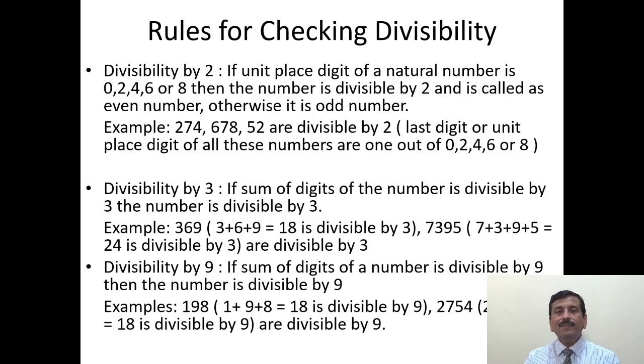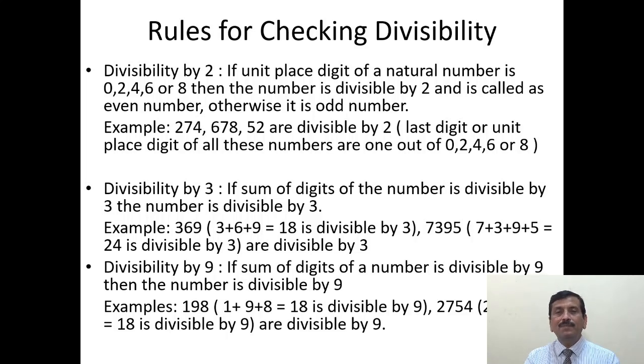369. The digits are 3, 6 and 9. If we sum them, 3 plus 6 plus 9 is 18. 18 is divisible by 3 and hence the original number 369 is divisible by 3. Take another number,